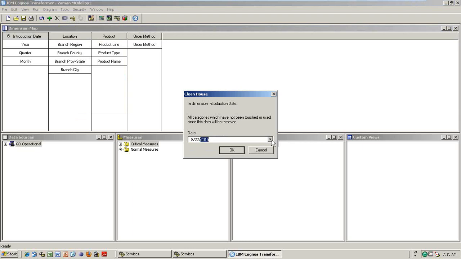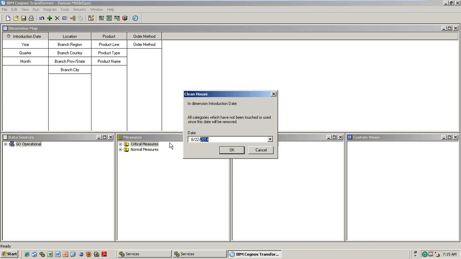If I am doing 2014, from August 22nd, 2014 onwards, if any category is not utilized, so it is not touched, say for example Spain, I didn't touch it from 2014.